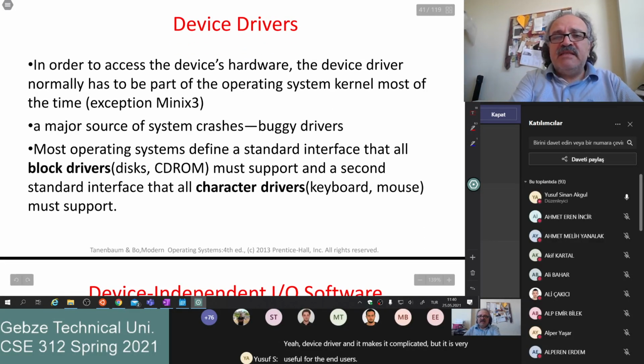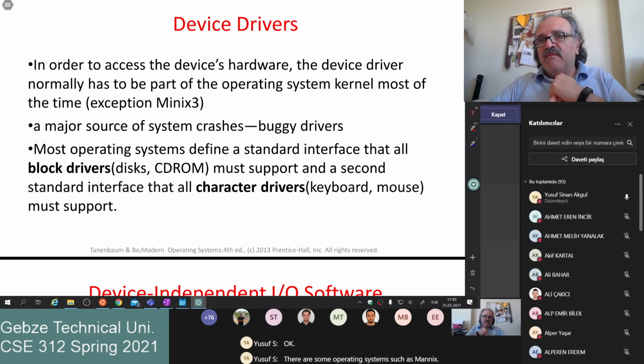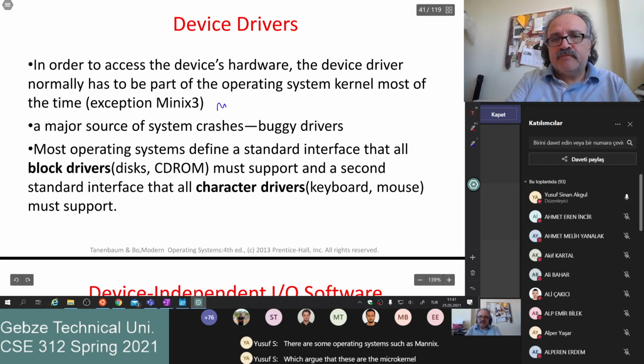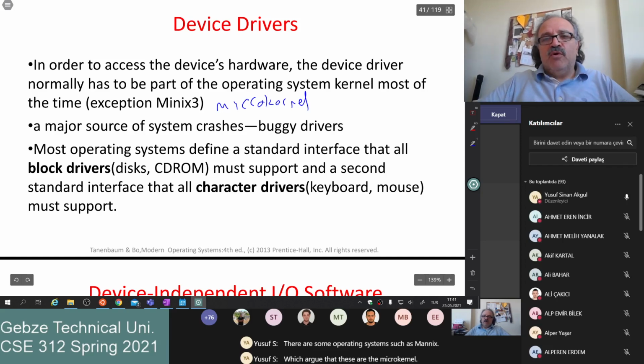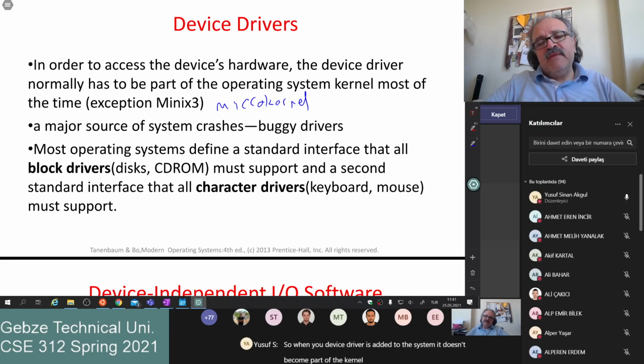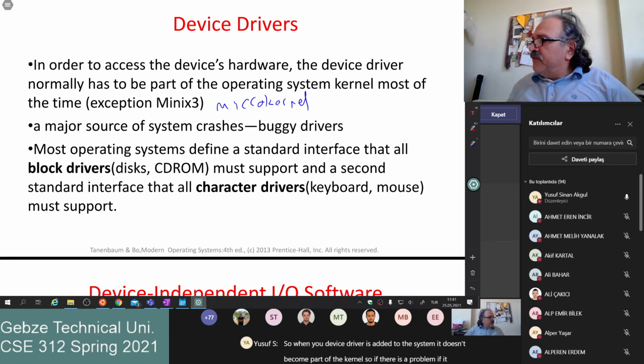There are some operating systems such as Minix, which argue that these are the microkernel operating systems. They argue that the device drivers should not be part of the operating system's kernel, so they should be outside of the kernel. So when a new device driver is added to the system, it doesn't become part of the kernel. So if there is a problem, if it crashes,